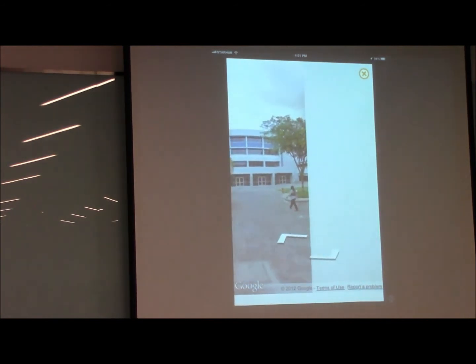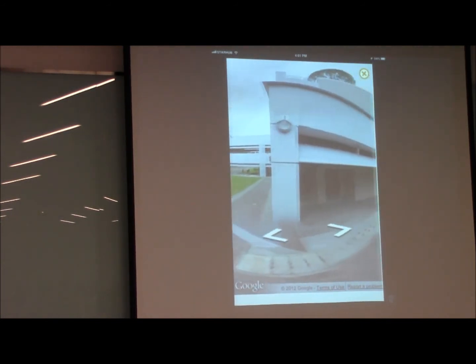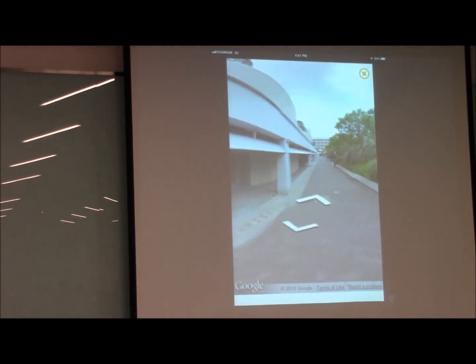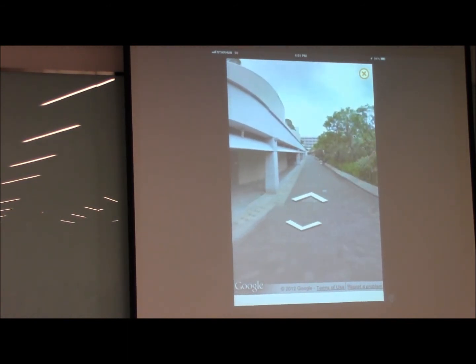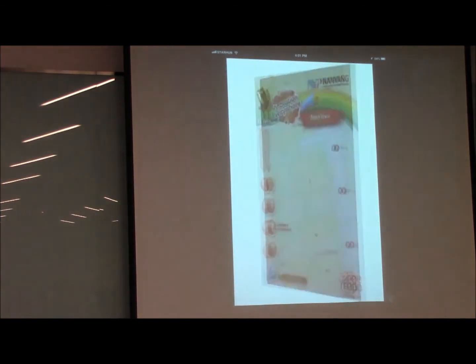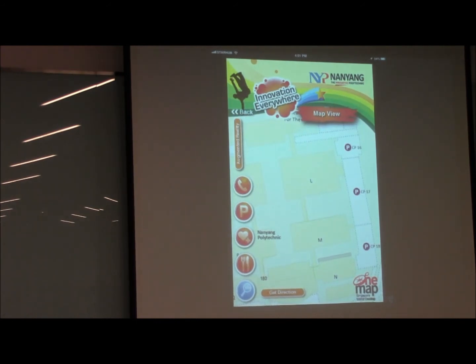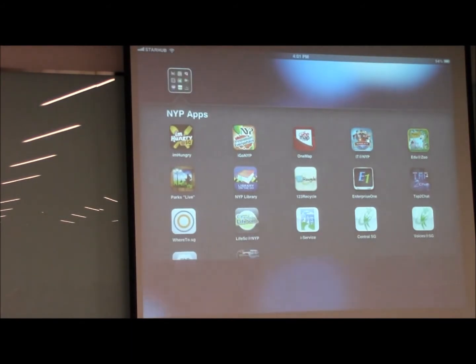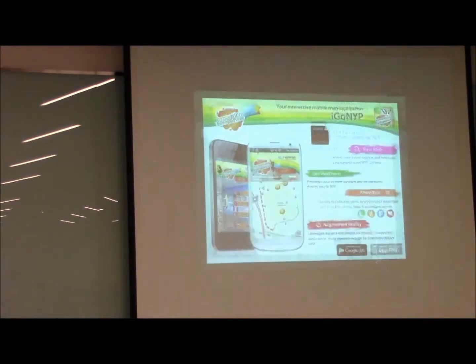So we actually combine Street View together with the map. We also realized that Google actually came to our campus to take, usually you can see roads around there, but they actually walked into the campus and took the internal pathways as well. So we took the opportunity to build this app and to share with you. Let's take a look at our garden, how it looks like. So this is how we have used one map together with Street View to do that. A really quick one. I think this is basically what I want to share with you today.